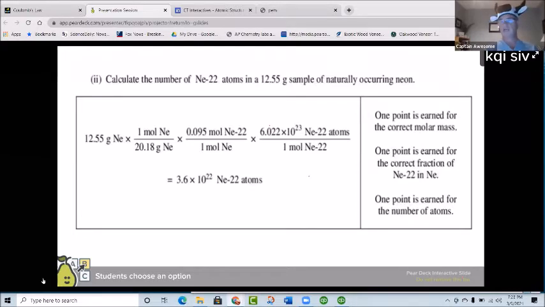And then you had to multiply it by Avogadro's number. Now, Avogadro's number is not something you need to memorize. Avogadro's number is given to you on the AP reference sheet. And if you haven't ever seen that, you may want to ask your teacher, hey, do you have a copy of that reference sheet that we get on the AP exam? Because y'all need to know going into battle in May on the AP exam what you need to know and what stuff is already given to you, right? So there were some tricks here, but just realize that this one question was worth 3 points, but you could have gotten 1 point just by changing grams to moles.